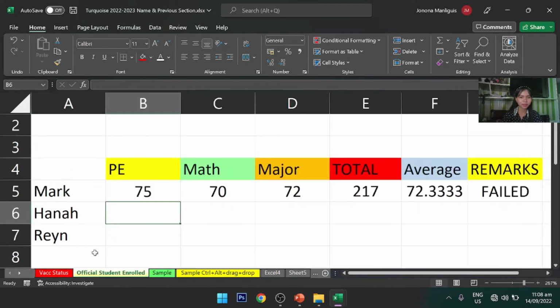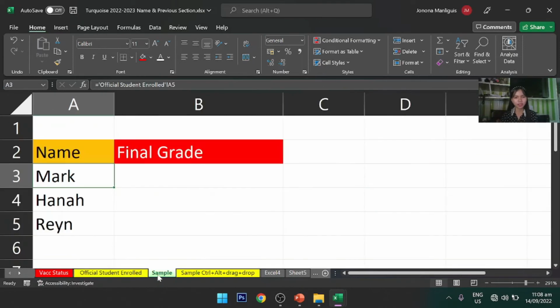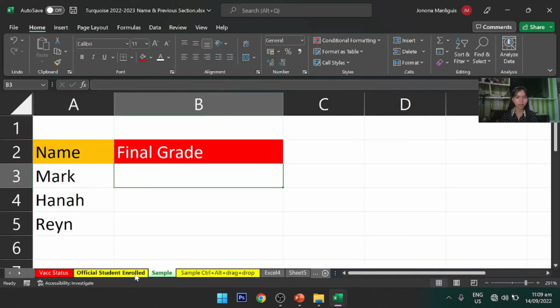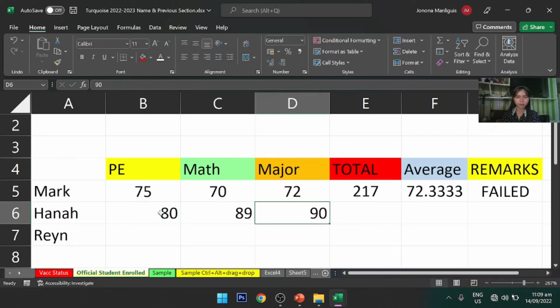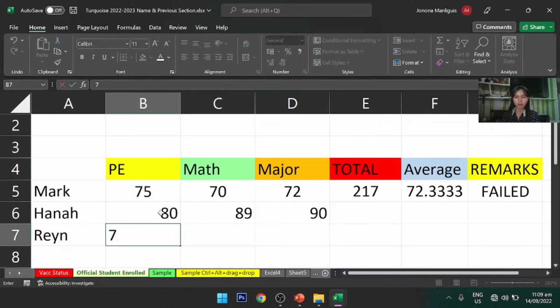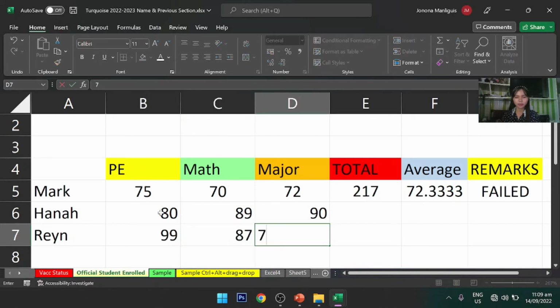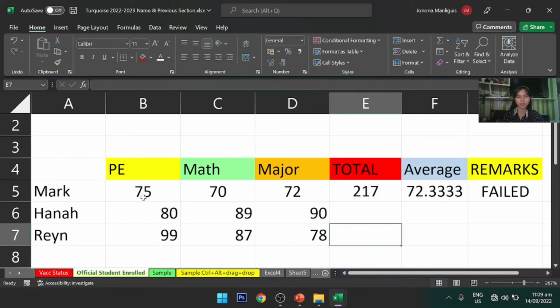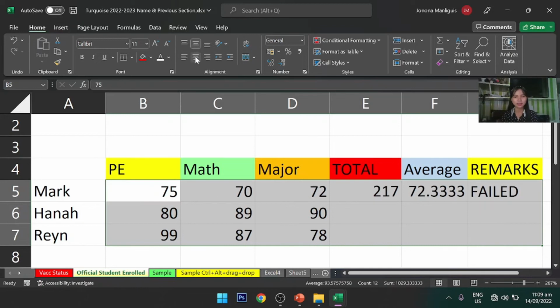What we type here, Hannah and Rain, will directly reflect in the sample worksheet. For example, let's copy their grades. Enter the grades of Hannah and Rain: 80, 89, 90, then 70, 99, 87, 79. Say for example, like that. Then let's center it. Highlight and center everything